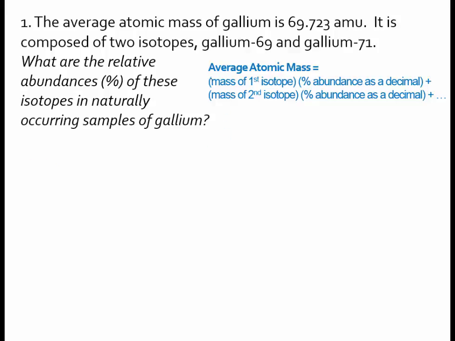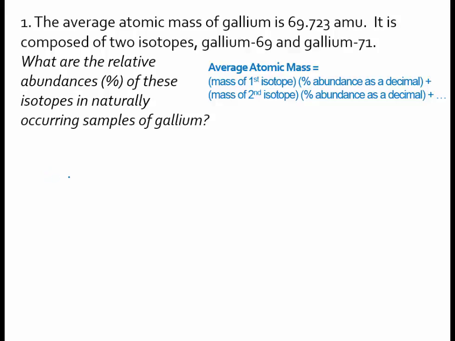So in blue here you see the average atomic mass equation that you were given in the video prior and have used already to calculate average atomic mass. And again, in this problem we're going to be given the average, and we'll actually be solving for these two percentages, the percent abundance of each of the two isotopes in the problem. So in this problem it tells me right off the top the average atomic mass of gallium is 69.723 AMUs, and that it's made up of two isotopes, gallium-69 and gallium-71. And it asks us to calculate the relative abundances or percentages for the two isotopes in naturally occurring samples of